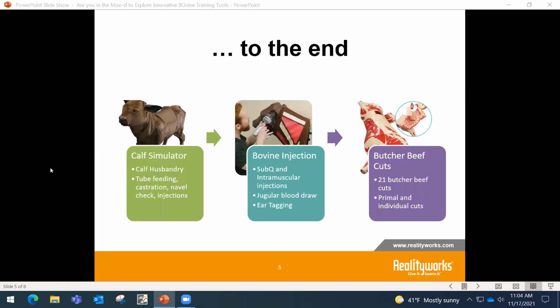From there, then we get into our calf simulator. Our calf simulator really focuses on animal husbandry and calf husbandry. We have everything from tube feeding, castration, navel checks, and injections for you. So looking at the animal and then being able to actually do these different types of features here, from teaching actual surgical castration, walking through how to do injections, how to do ear tagging, how to do esophageal feeding